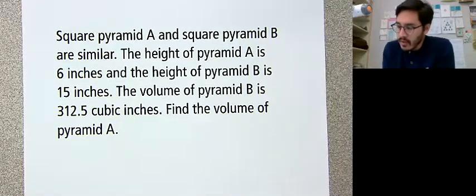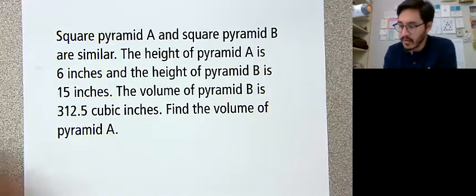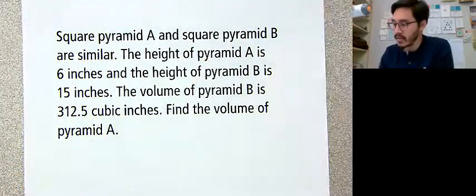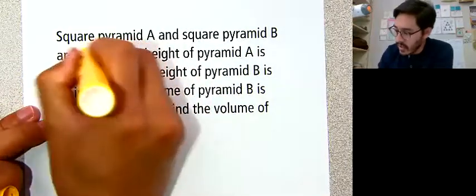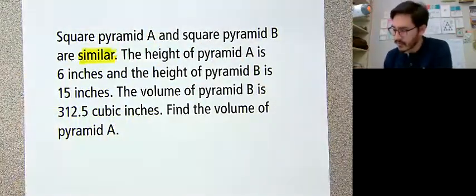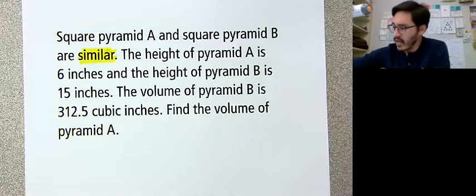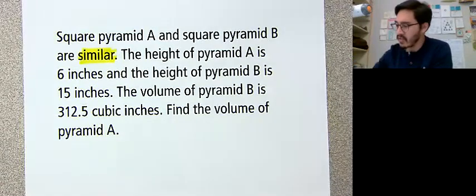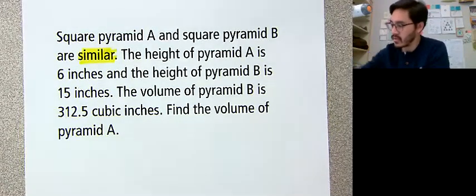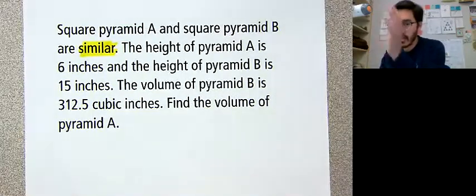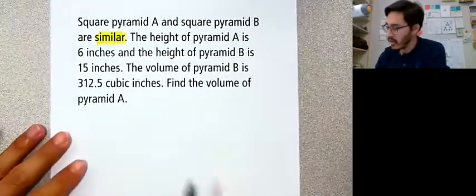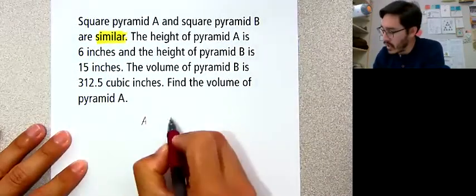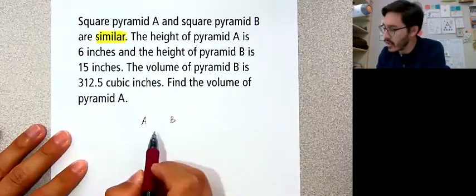Square pyramid A and square pyramid B are similar. That means that there's some scale factor that ties all their dimensions together. The height of pyramid A is 6 inches and the height of pyramid B is 15 inches. I'm going to zoom out here and just make a chart: pyramid A, pyramid B,